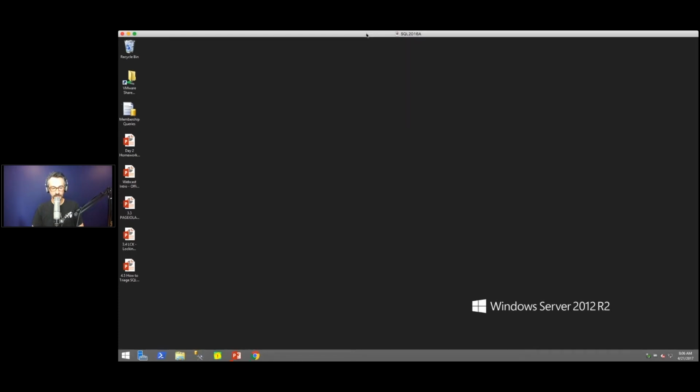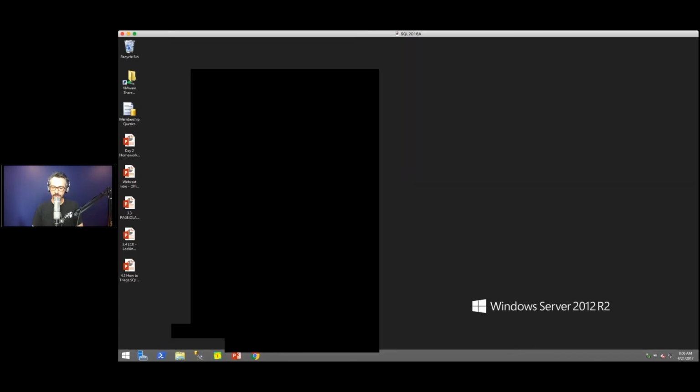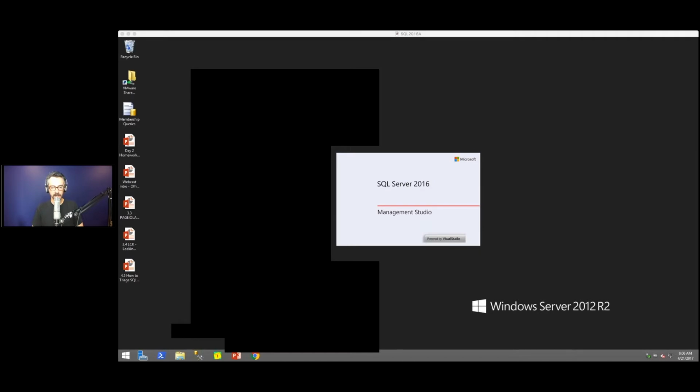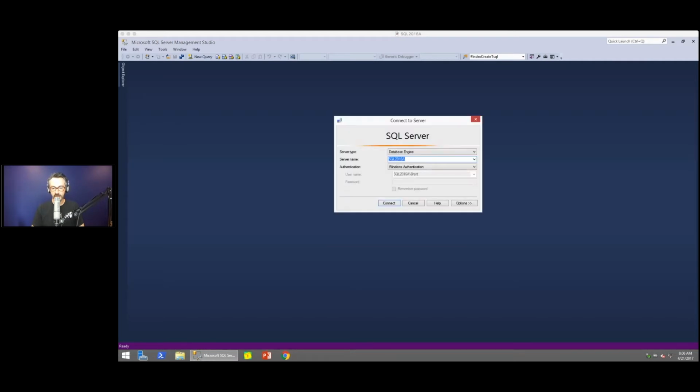All right, so I got SQL Server up here. I'm running SQL Server 2016, and like most of the times when you'll see me doing demos, you'll see me using Stack Overflow's database. You can get a copy of Stack Overflow's database via BitTorrent. If you go over to